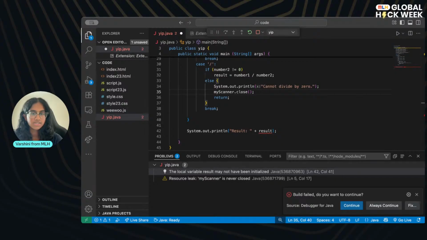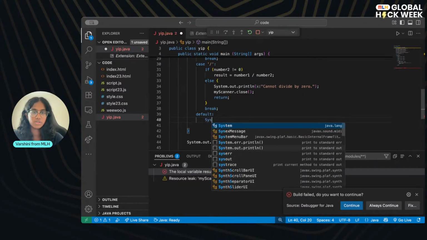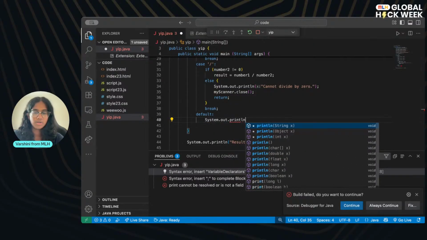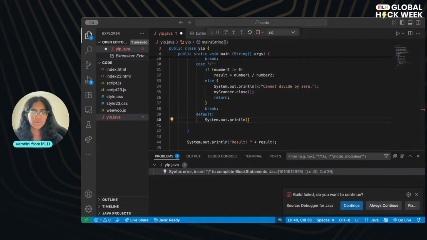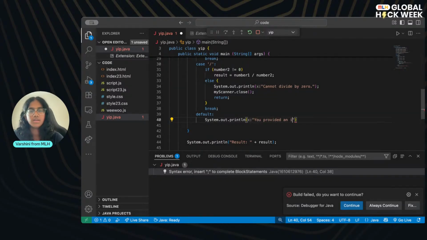And then after that last statement, we're going to do a break, and we're going to add a default use case. I think it's just because it's been a long time since I've used cases and switches, so I forgot momentarily, but I remember now. We want to use a default case just in case none of these cases are true. Like I was saying, you want to be able to get output regardless if none of the cases are true. So we're going to print, and we're going to tell the user you provided an invalid operator. Period. Show them that we're mad at them.